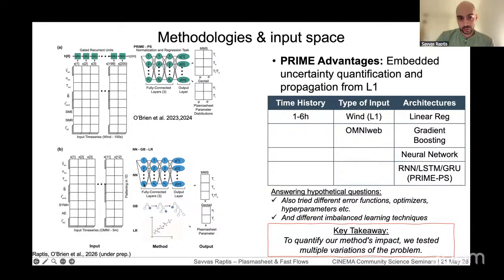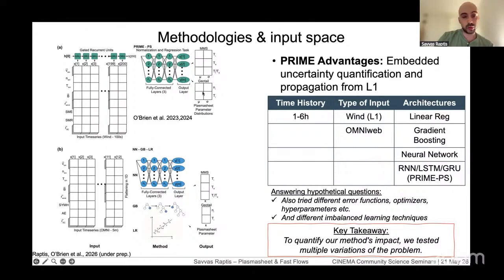We started with using a simple neural network, which is panel B. Essentially, what you see on the left is the input time series from OMNIWeb. It shows that our input was basically the velocity, the density, temperature, magnetic field, SYM-H, and AE indices, along with the location of the spacecraft that we're actually mapping in the plasma sheet. Then we use different algorithms, specifically neural networks, gradient boosting, and linear regression. And our output was basically either MMS or Geotail and the different quantities that you see over here.